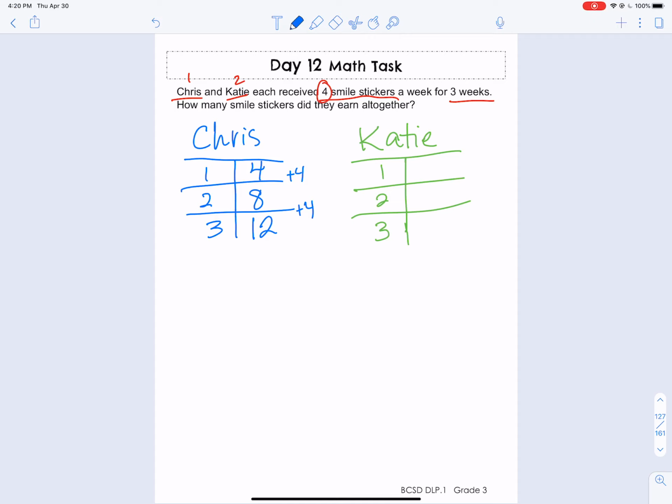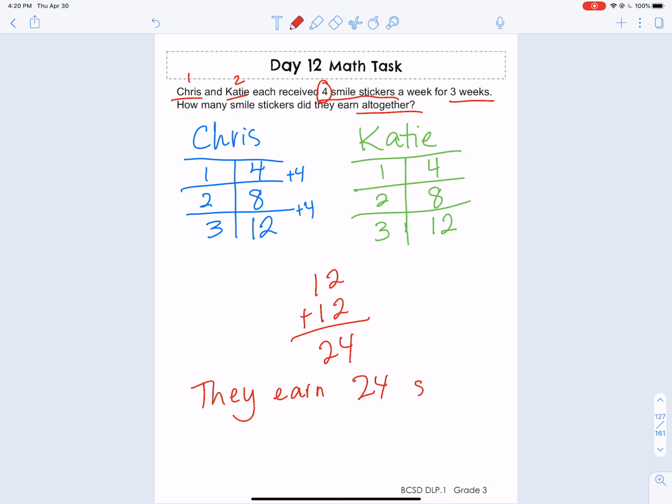Now for Katie, I'm going to do the same thing because they both earn the same amount of stickers, and they both do it for 3 weeks. So now I can clearly see how after 3 weeks, Chris has 12 stickers and Katie has 12 stickers. To get my final answer, all I need to do to see how many smile stickers they earn all together is add 12 plus 12, which is 24. They earn 24 stickers